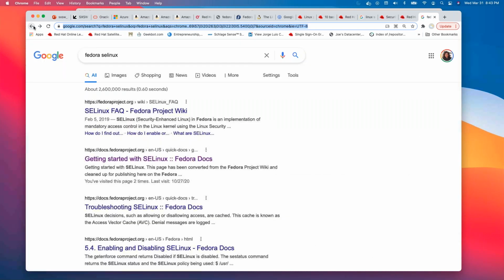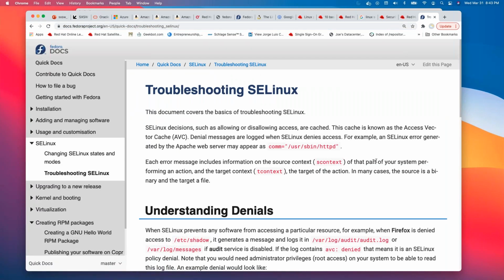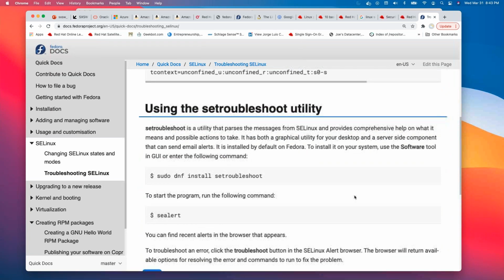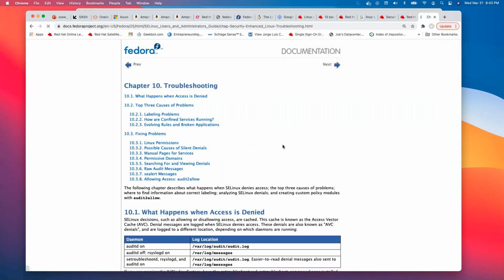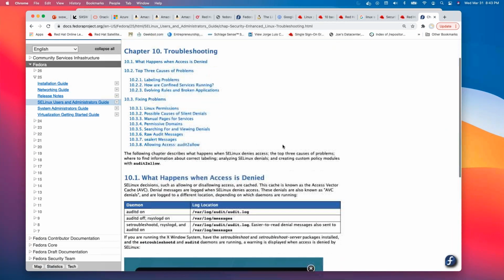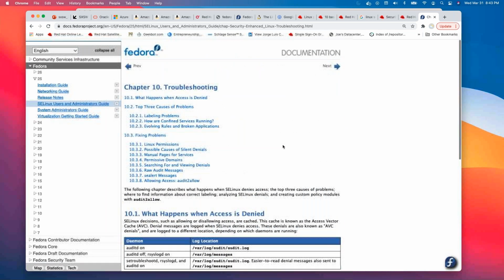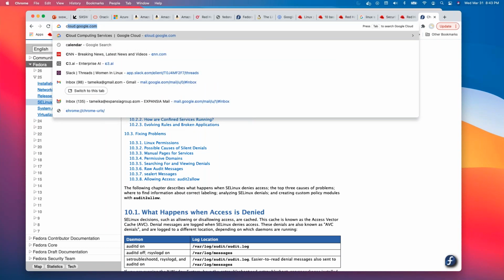Let me go. There's another one that I like to use: troubleshooting with SELinux right here, where they start breaking down how to troubleshoot SELinux. And then they talk about the SELinux user guide. This right here, by far, is the most comprehensive and the best way to learn SELinux. So when you get to your SELinux stuff, I would recommend you use this as your guide, because they